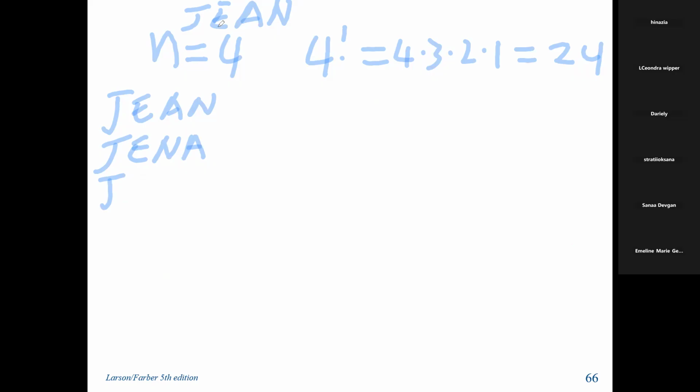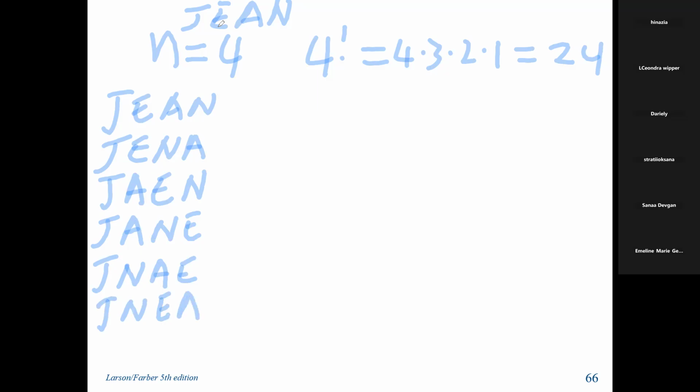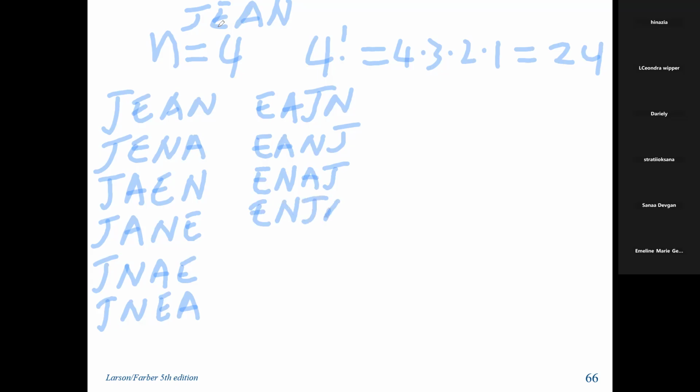Okay, it can be giant, it can be gin, it can be JN, can be JNE, or it can be EAJN, EANJ, or it can be ENAJ, EANGE, or it can be EJAN,